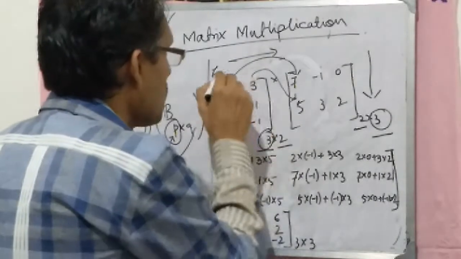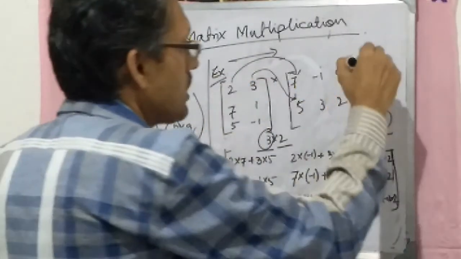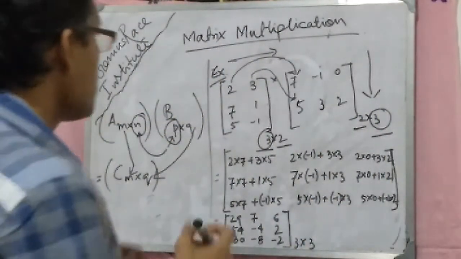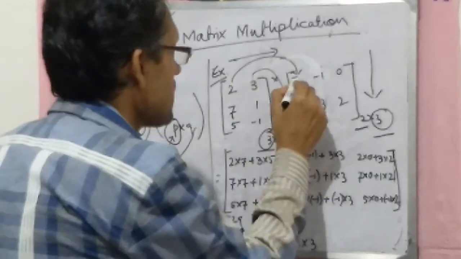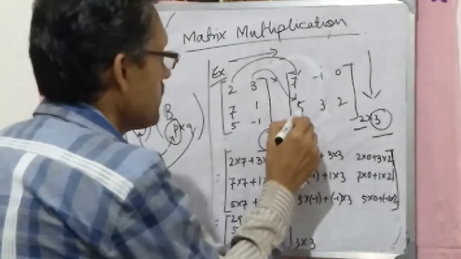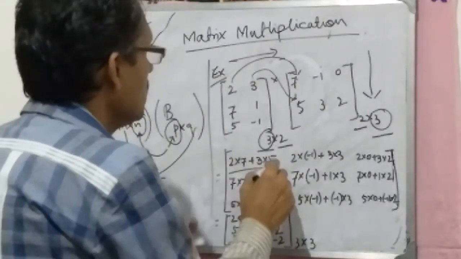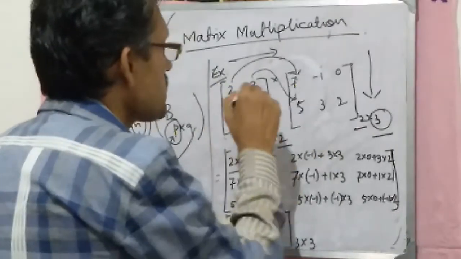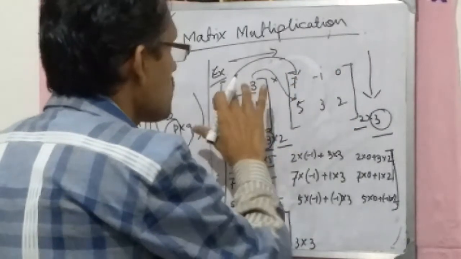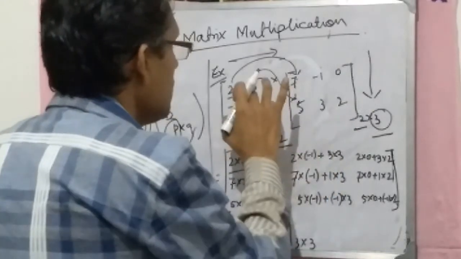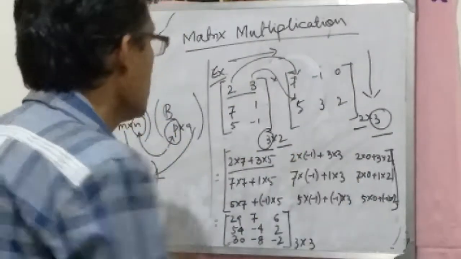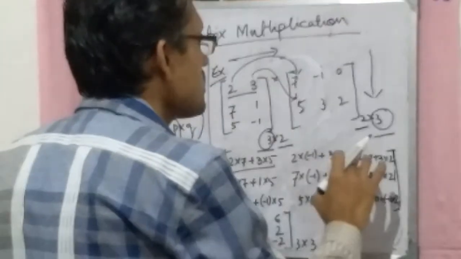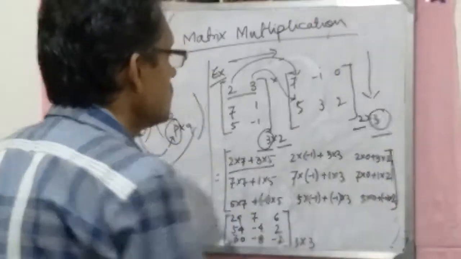How is the matrix multiplication proceeding? Here we will consider the row of the first matrix and the column of the second matrix. The multiplication proceeds like 2 with 7, 3 with 5. Multiply and add. So first row, first column, first row, second column. Now in this 2 into minus 1, 3 into 3, just addition. Same way this with this column. So 2 into 0 and 3 into 2.